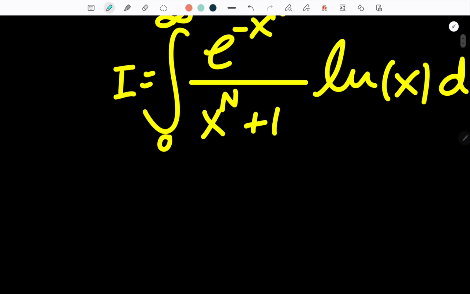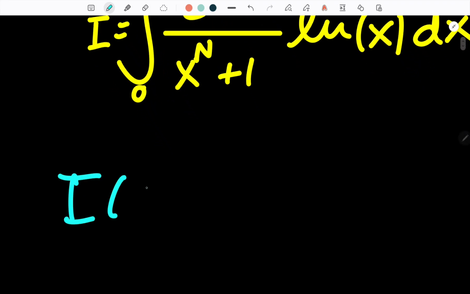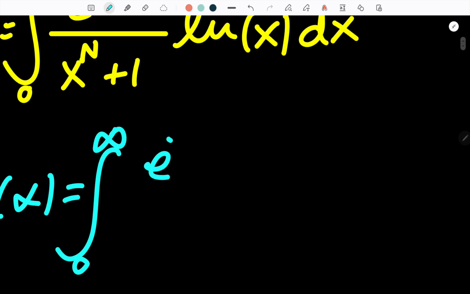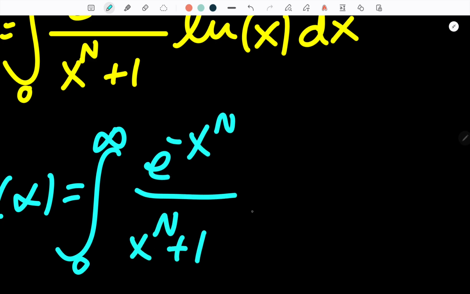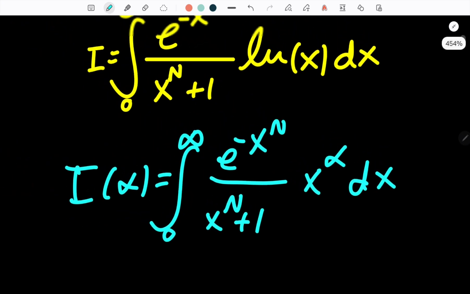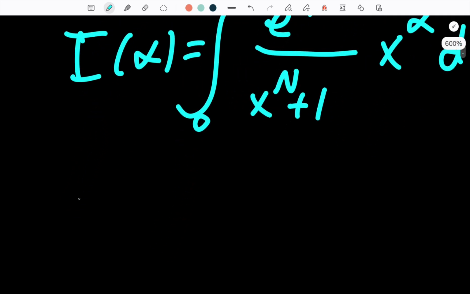And I would like to define a function, I of alpha, as the integral from 0 to infinity of e to the negative x to the n divided by x to the n plus 1 times x to the alpha dx. Now, this doesn't really look similar to I, but if we differentiate both sides, I prime of alpha,